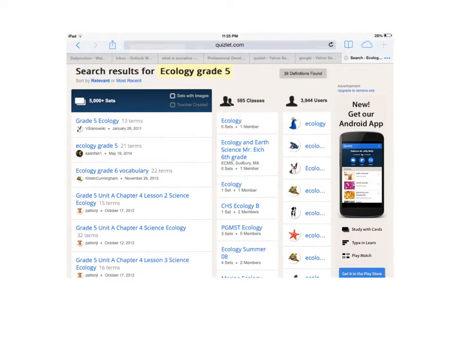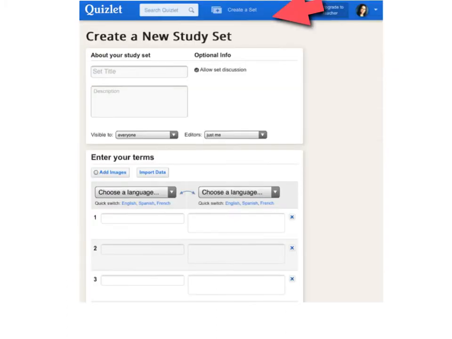I did want to show you what the search button looked like. On the previous screen, I showed you a search option. This is what your search option gives you. I searched for Ecology Grade 5, as you can see right here, and it spit out over 5,000 sets. So sure, it might be something that's beneficial, but these sets are so easy to create that I just recommend starting on your own. You're going to go ahead and hit Create Set, and you're going to start creating a